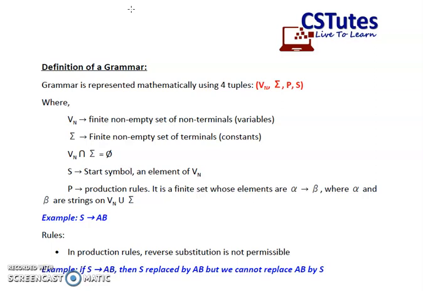Suppose I want to perform some function. As a human being, in order to perform any function, we require a certain set of rules. Suppose I say, go and open the door. In order to understand these instructions, there should be a common language understood by both persons, that is, the person giving the order and the person receiving it. The set of rules provided here, open the door, is in a particular language, that is, the English language.